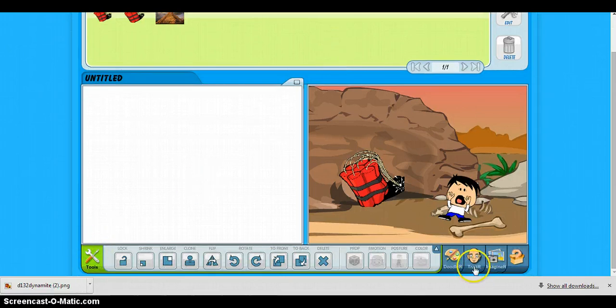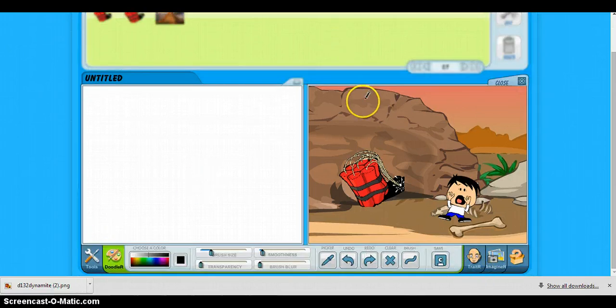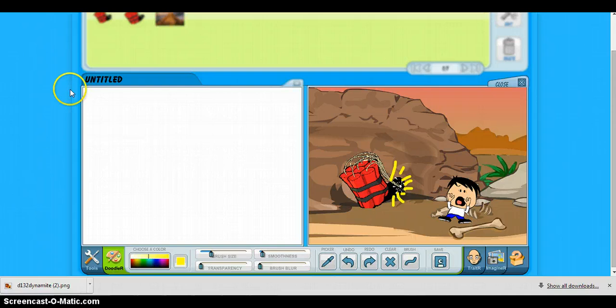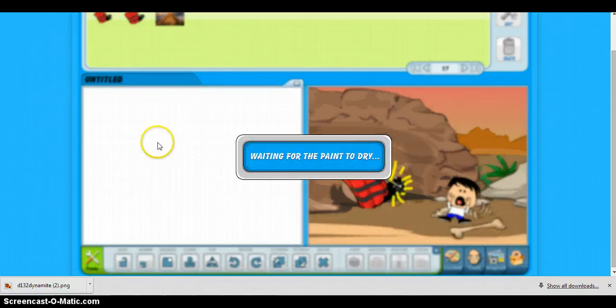Now another useful feature and tool is the Doodle tool, and this will allow you to actually draw on your cartoon. So if I wanted to make this dynamite look like it was really blasting, I could maybe draw some arrows around. But it would allow you to actually draw within your cartoon. Now, your cartoon should represent something that you read from one of the texts. Once you're all done,